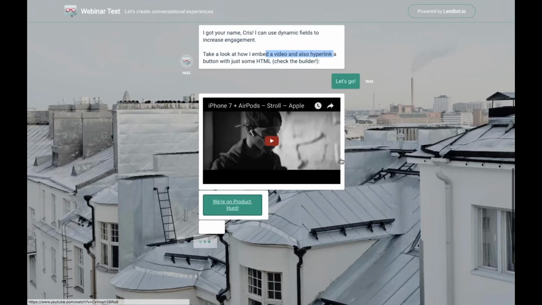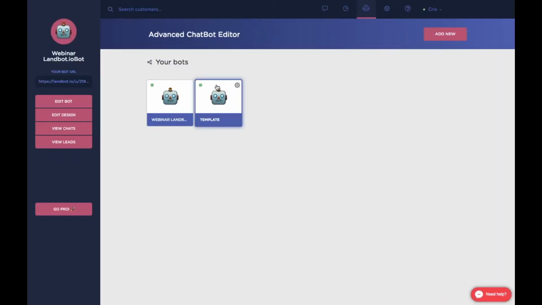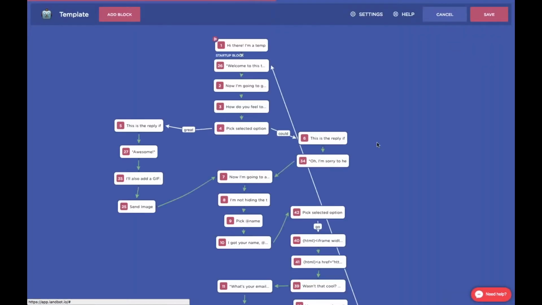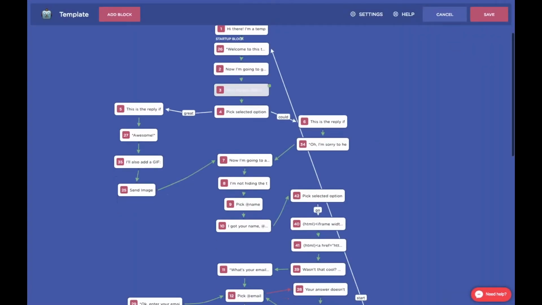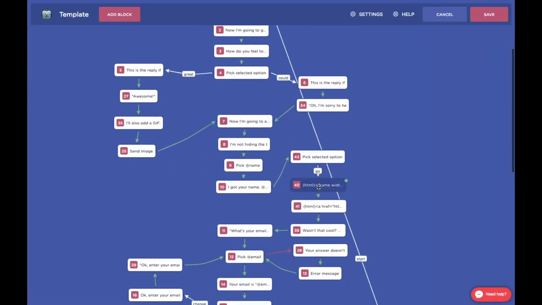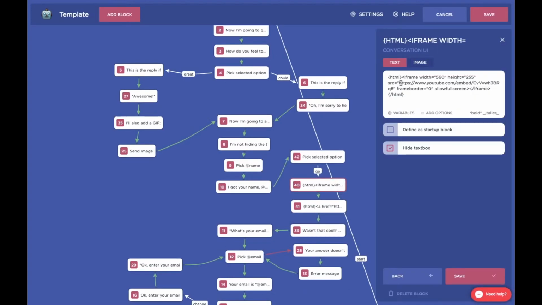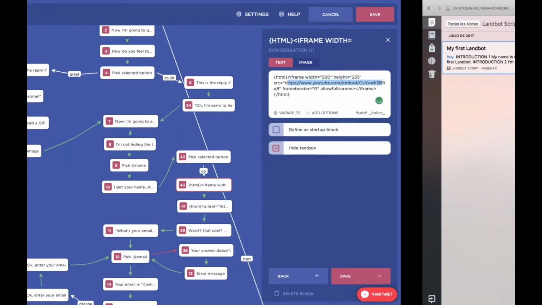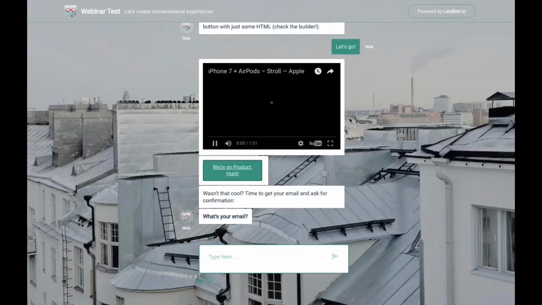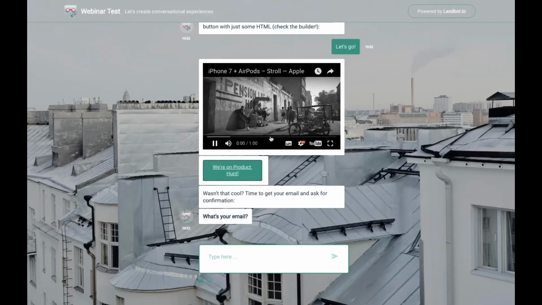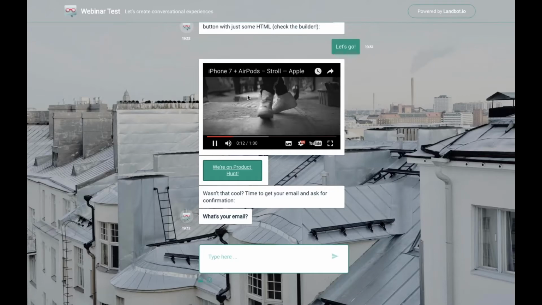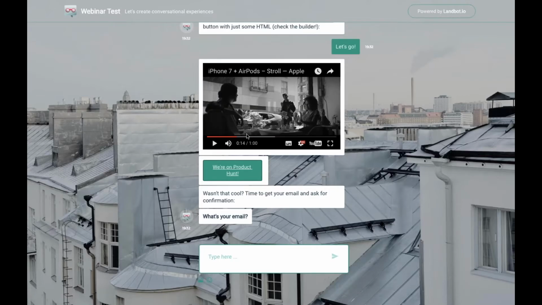So here's the video. Remember that little piece of HTML code, so we can see the chatbot at the same time. So this is the video. Remember the iframe. Remember the YouTube URL, and we can say, hey, we can play it without leaving the Landbot, which is quite cool. All right. And then we got this button. We click. It's going to lead us to